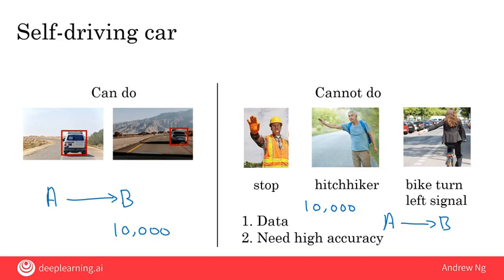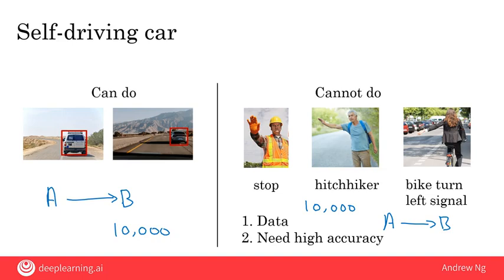So that's why today, many self-driving car teams have some components for detecting other cars, and they do rely on that technology to drive safely. But very few self-driving car teams are trying to count on an AI system to recognize a huge diversity of human gestures and counting just on that to drive safely around people.